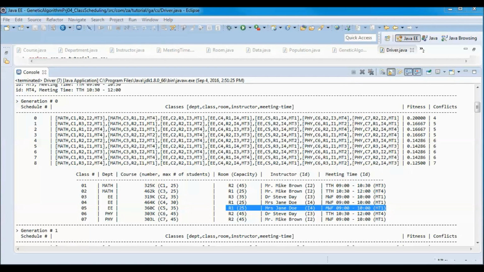and we can have a conflict when a room is hosting a class that contains more students than its seating capacity. And an example of that is also here. We have here the max number of students for this class is 35, and this room can have a maximum of 25. And here, so this one 25, and this one also, this course has a max number of students of 30, and the max room seating capacity is 25 also.